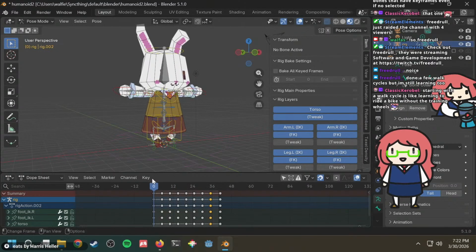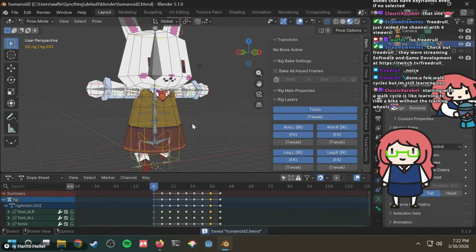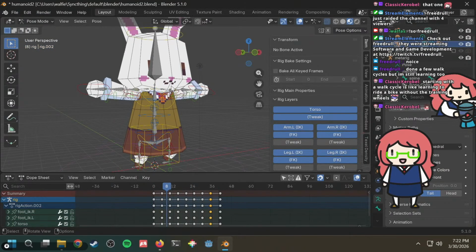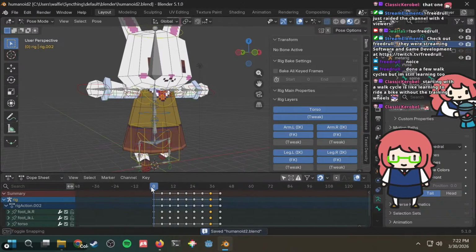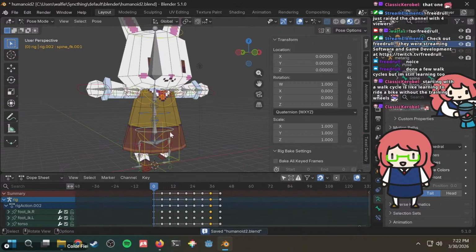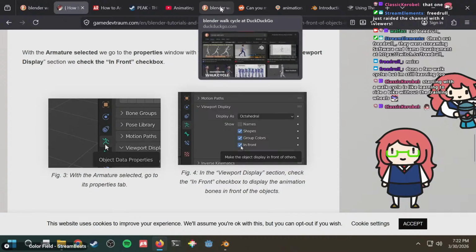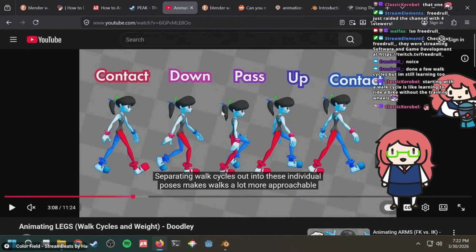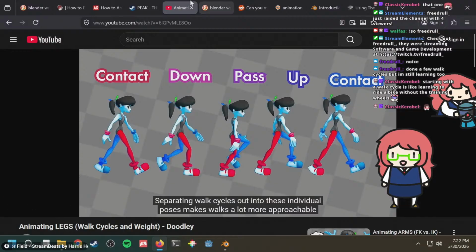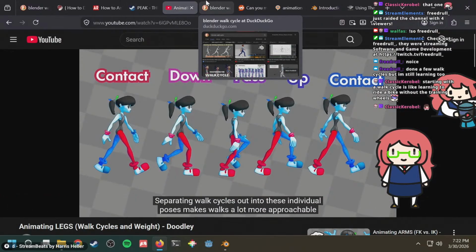Okay, and then I think to add a little bit more variety, people usually add a little bit of hip sway to this so that the body's not just totally vertical. So let's see, how does it usually go? Which leg is the one that is rotated?